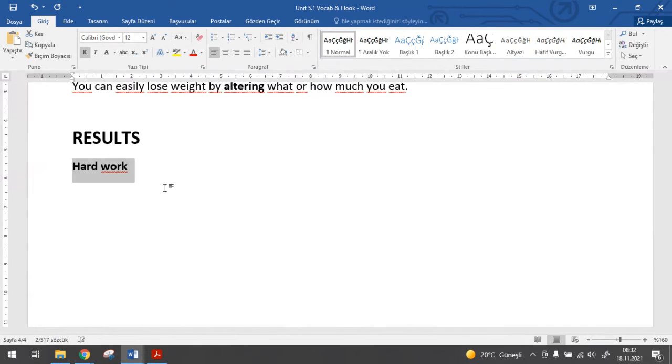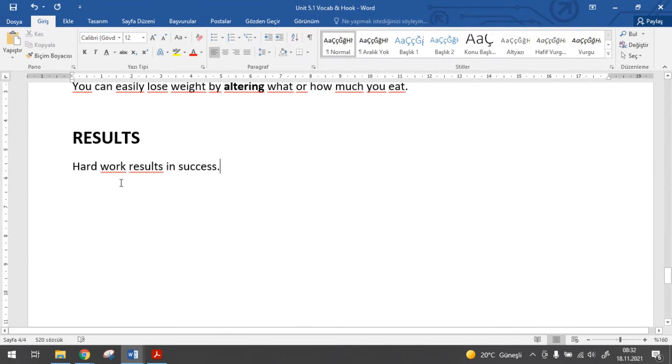Think about hard work. What is the result of hard work? Success. Right? So hard work, for example, let's say results in success. So instead of results in,